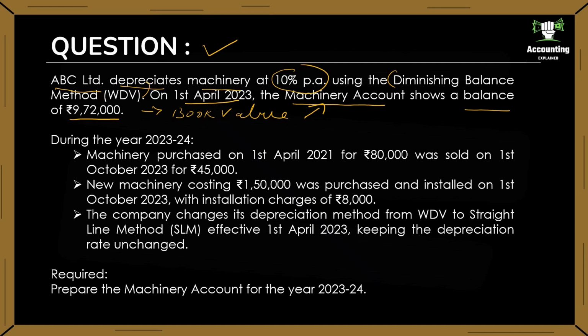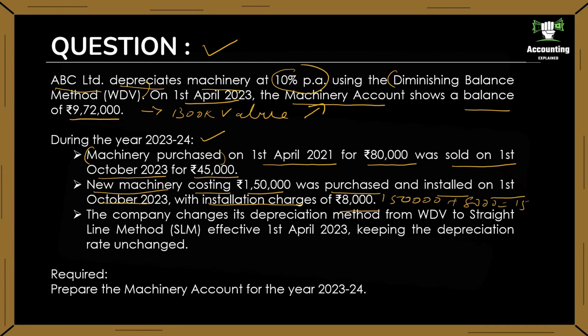9,72,000. Okay. During the year 23-24, machinery purchased on 1st April 2021 for 80,000 was sold on 1st October 2023 for 45,000. New machinery costing rupees 1,50,000 was purchased and installed on 1st October 2023 with installation charges of rupees 8,000. So when you take the cost of machinery to the machinery account, you are going to take 1,50,000 plus